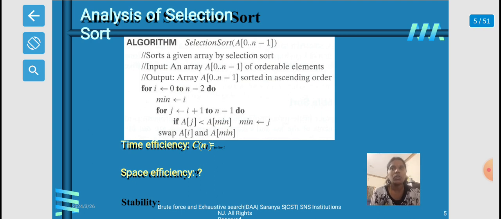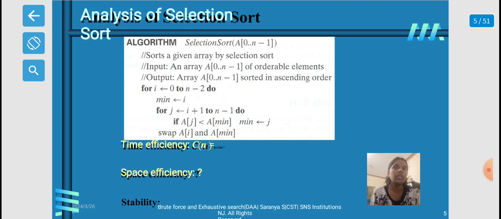The bubble sorting algorithm is to compare the adjacent elements of the list and exchange them if they are out of order. By doing this repeatedly, we end up bubbling up the largest element to the last position on the list. The next pass bubbles up the second largest element, and so on, until after the n minus 1 passes the list is sorted. For i from 0 to n minus 2,